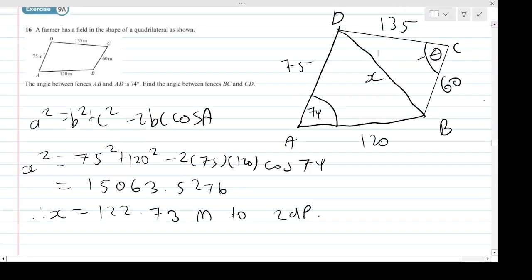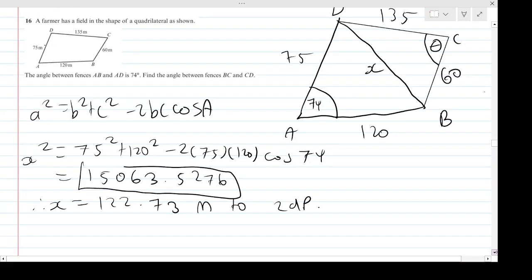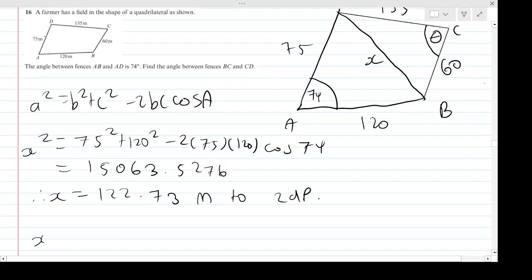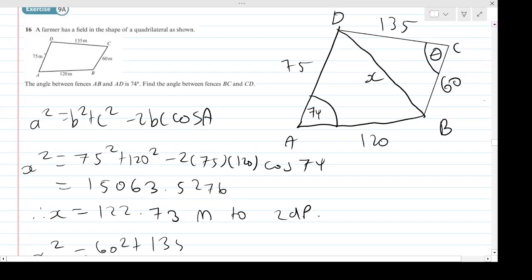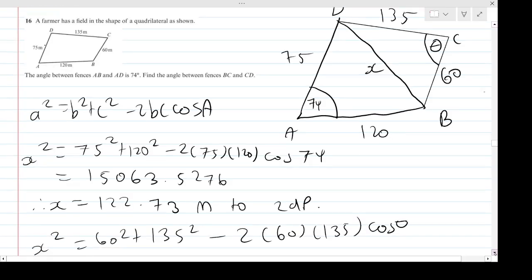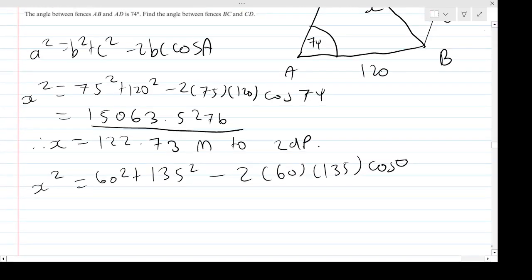So then the angle facing theta is x. So I'm going to start then with x squared. Now actually I know x squared already, but I restate it anyway. So if we use the formula, it's going to be x squared. It's going to equal the other two sides all squared, so it's going to be 60 squared. Add 135 squared minus 2 lots of 60, 135 cosine of theta. But then I know x squared is 15,000 and